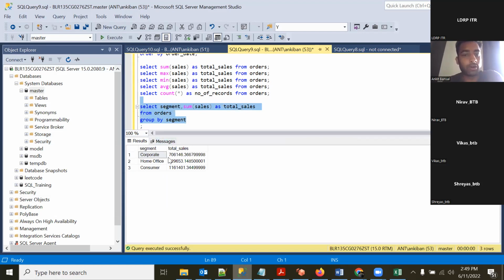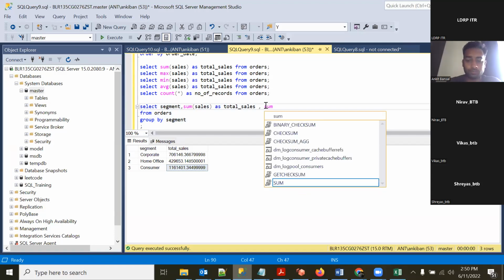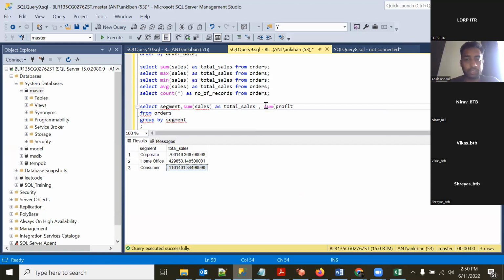If you see, I got total sales by segment. The corporate segment has this much sales, home office has this much sales, and consumer has this much sales, right? So this is a good way of seeing which segment is performing better or which segment has more sales, right? Along with sales, we can take other columns also. For example, I want profit. How much is the profit in each of the segments? So I can say sum of profit as total profit, right? Again, we have to have comma separated values and put multiple things. So if I run this now,